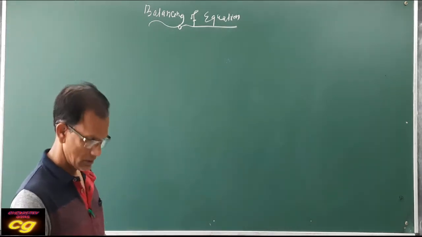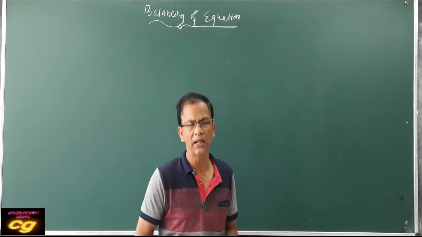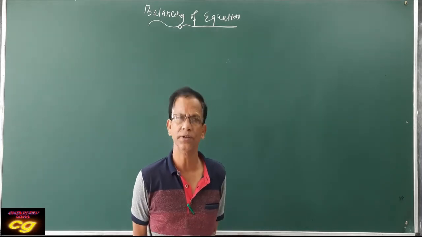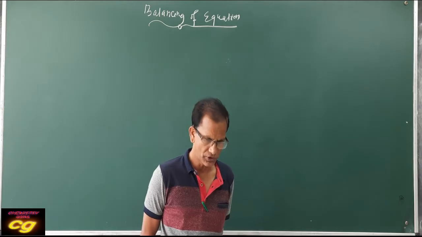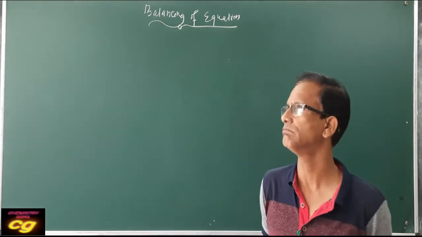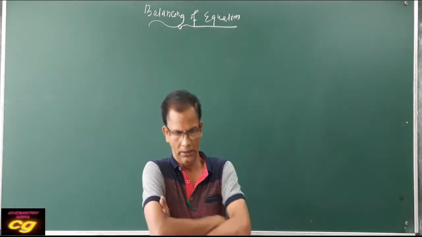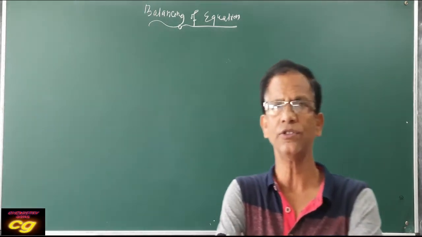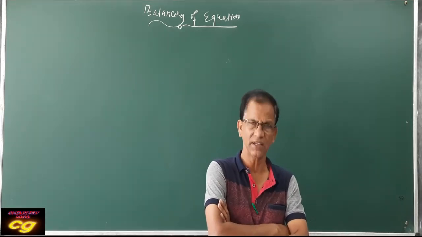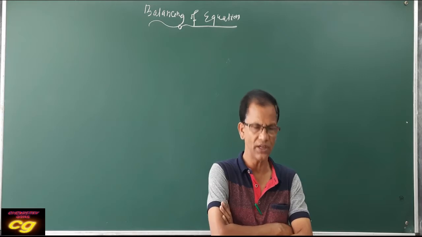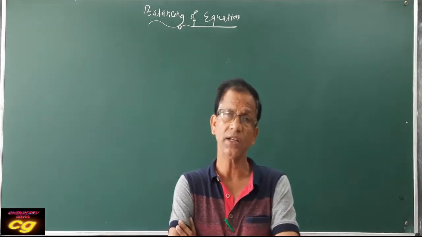Now we'll discuss a very important topic in redox reactions, that is balancing of a chemical reaction, that is, a chemical equation: how it will be balanced. Because we know all chemical reactions, and maybe a physical process, obey the law of conservation of mass. Mass can neither be created nor destroyed in any physical or chemical change. So during the change, the mass of the reactants is equal to the mass of